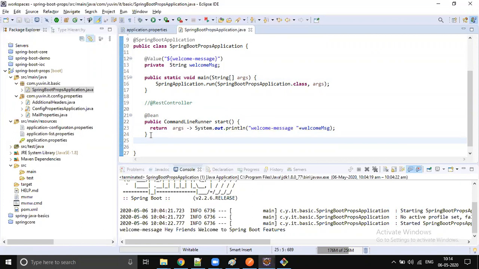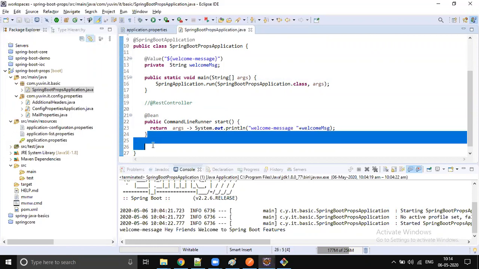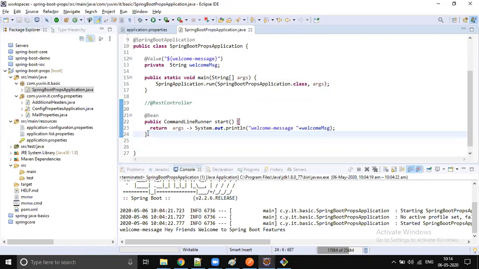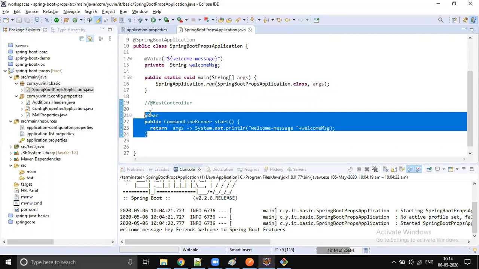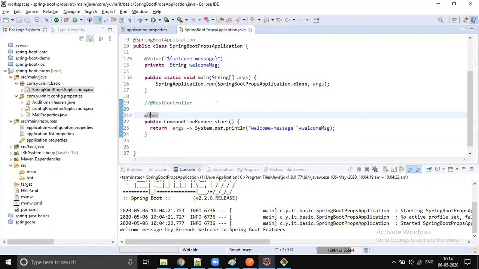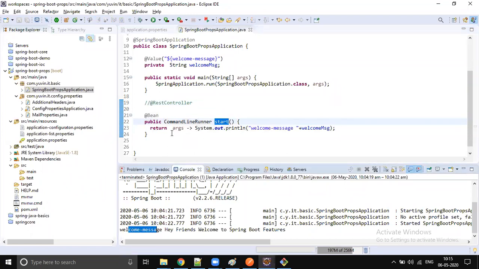Maybe in some applications they do use command line runner, right? After seeing that, you're not supposed to think, hey, I went for training and paid something and that guy did not cover it, right? You're not supposed to feel that way. That's why I'm just covering this. Even in RESTful web services, you can configure command line runner if you want to execute something immediately after your Spring container is ready. So any configuration you want to do, yes, you can do it by using command line runner. It will execute immediately after your application and Spring container are ready. Then, next immediately, the starting point, and we are not going to call the start method. This is going to be called automatically by the Spring container itself.